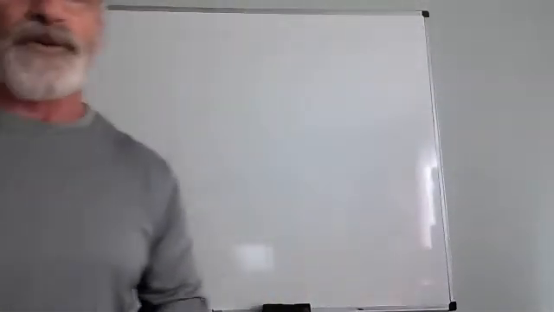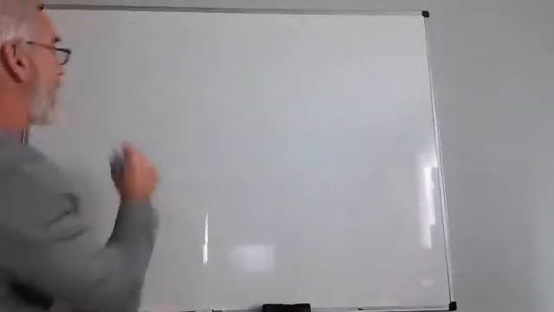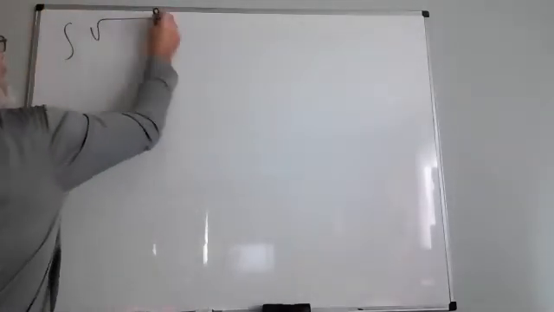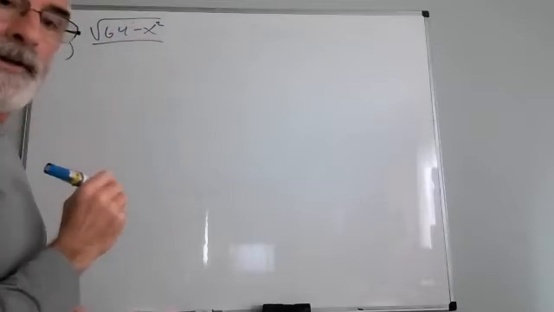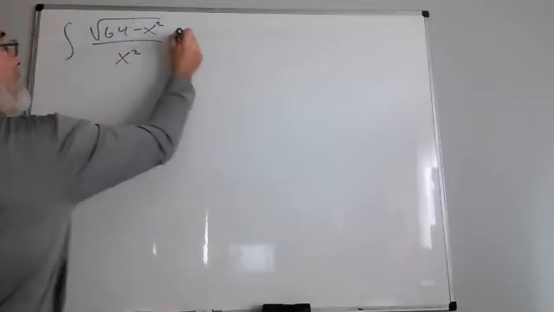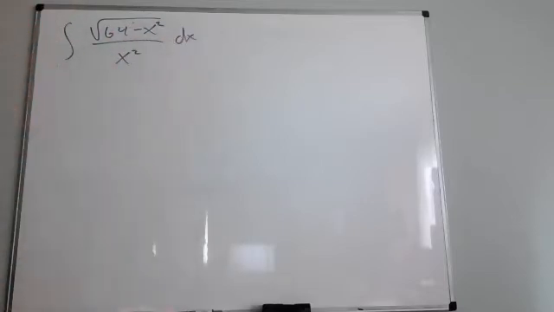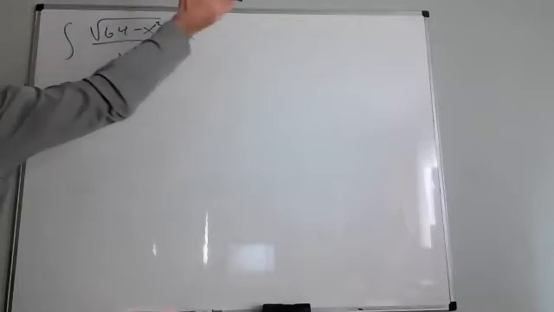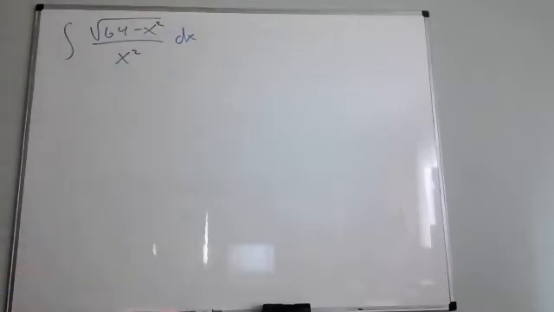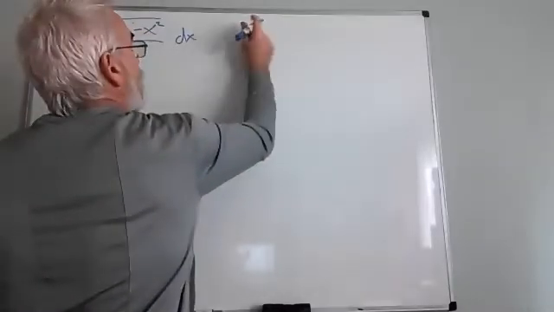Now, first example, let's consider I have the square root of 64 minus x squared over x squared dx. Now, if I had the chain rule factor, if I could do a simple u substitution, I would, but I can't because my argument, 64 minus x squared, I'd need a 2x sitting around. I don't have one. So this is of the form 8 squared minus x squared. So I will make the substitution,